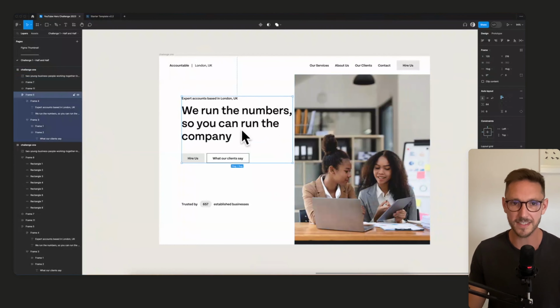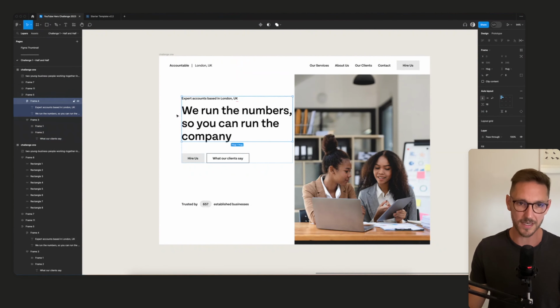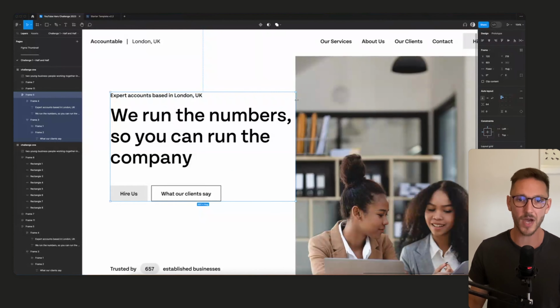Obviously, we've got a bit of a spacing issue here, so let's solve that first. We know we've got 2 auto layouts. We've got the outer wrapper, and then we've got this one as an inner wrapper. So what I'm thinking is we'll make this go to here, so it hits the edge of the image, and then we'll add some padding on the right, and that's how we would develop it.